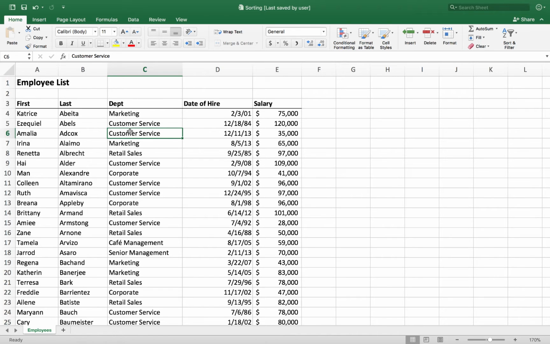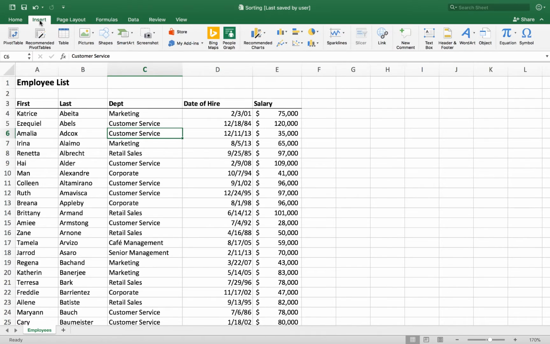So check this out. With my cursor anywhere in the data, and again, this is going to work because I've got a blank row and blank column all the way around it, Excel is going to be pretty smart about knowing where the table data is. There are two different places you can go to turn this list of information into a table. One place is the Insert tab, where there's an option for Table.